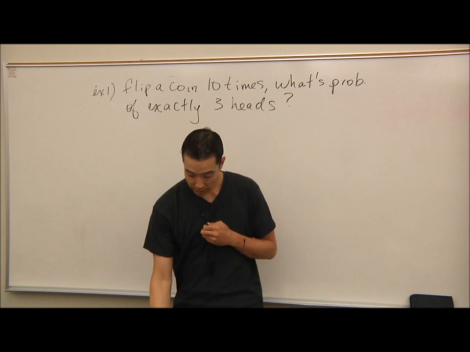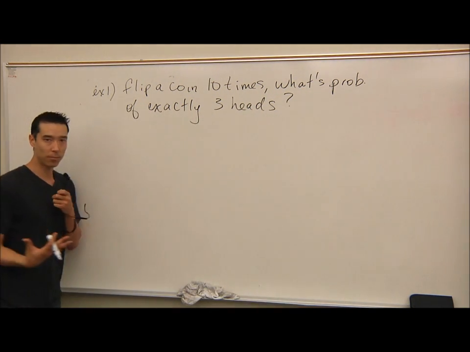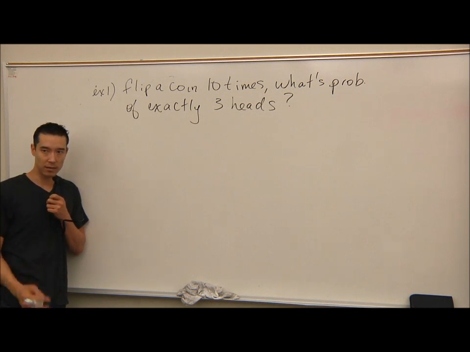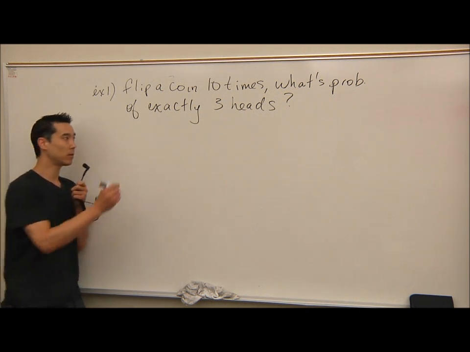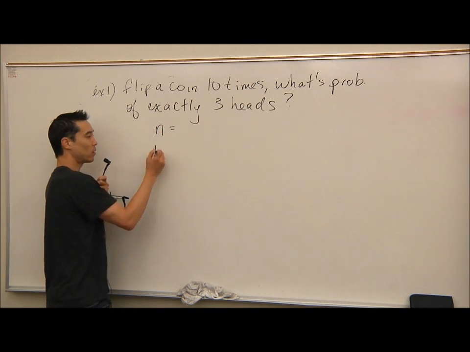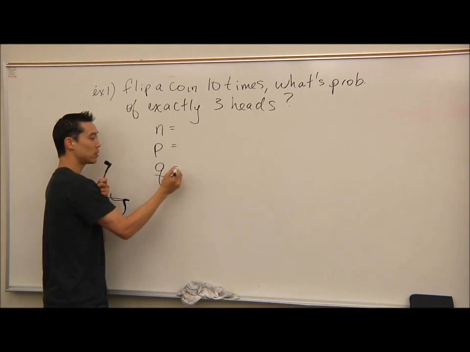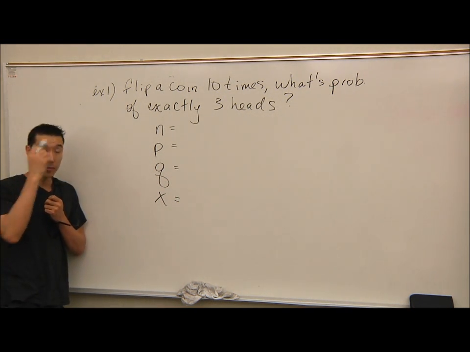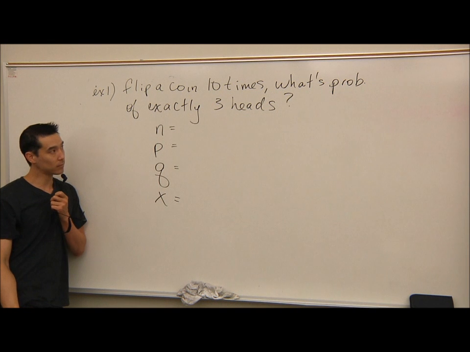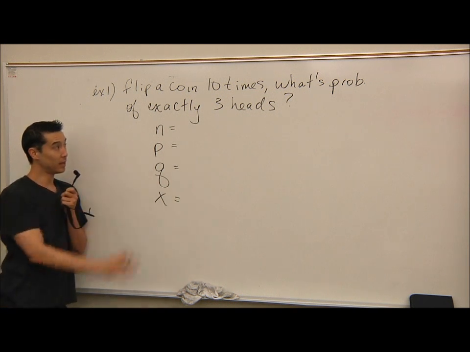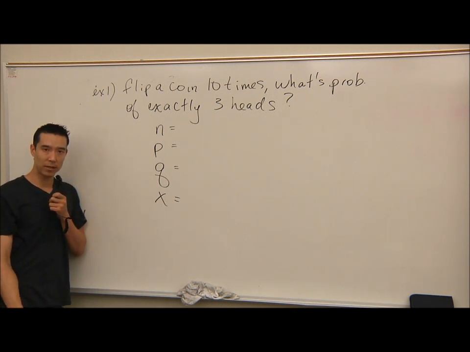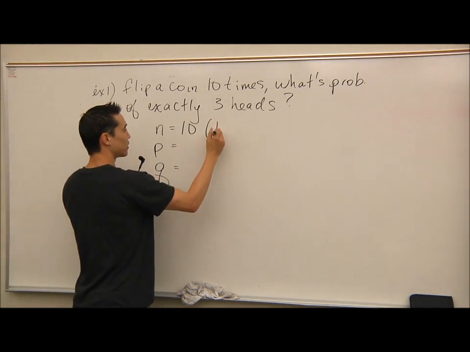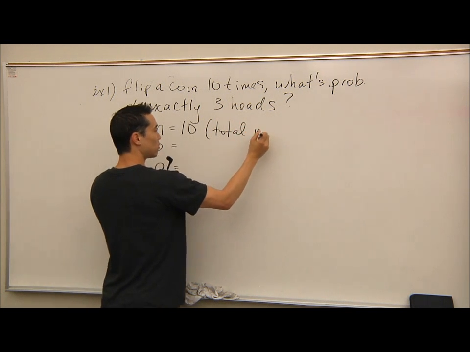Okay, so I need to define a few things. Anytime we're doing a binomial probability problem, you're always going to define some things, okay? And these variables are very important. So we want to know what is n, what is p, what is q, and what is x. If you're going to do a binomial problem, you have to be able to define each of these. Okay, so n is the total number of trials. How many times are you doing what you're doing? 10. 10, right. And let me define that so you have it in your notes. Total number of trials.